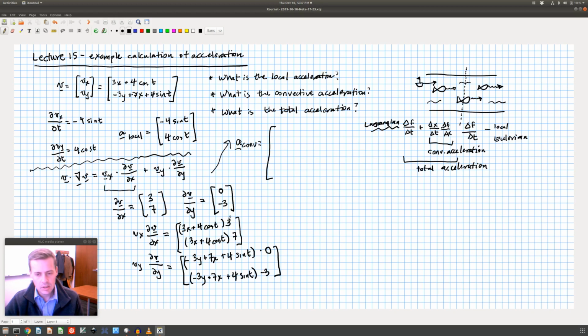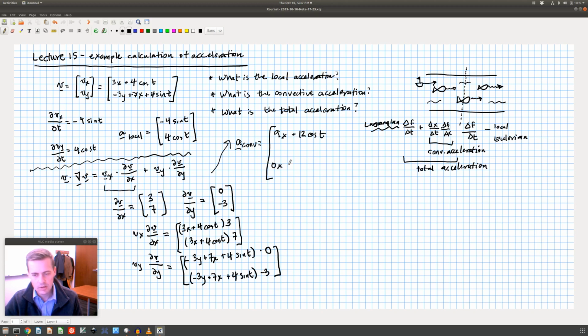So I have 3 times 3x, that's 9x, plus 7x. So 9 plus 7 is 16x, plus, and then now this has no y's, and oh, I totally forgot here, there's a 0 multiplied. Can't forget that. So this one, the first term is going to be just that guy. So it'll be 9x plus 12 cosine t. Okay, so I need to add the bottom one. So 3 times 7 is 21, and I have negative 3 times 7 is negative 21, so I get 0x